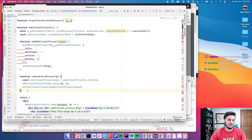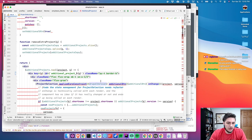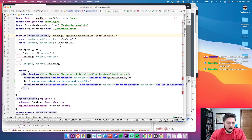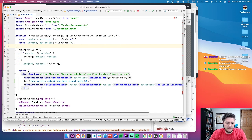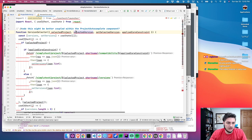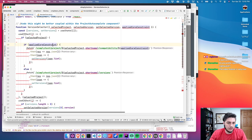Let's try an easier way. No. Yeah, we need to pass. Not in here. Project selection. All right, we need the version selector to refresh whenever the main one opens. So version selector, useEffect if selected project, if applied constraint. So if selected project,